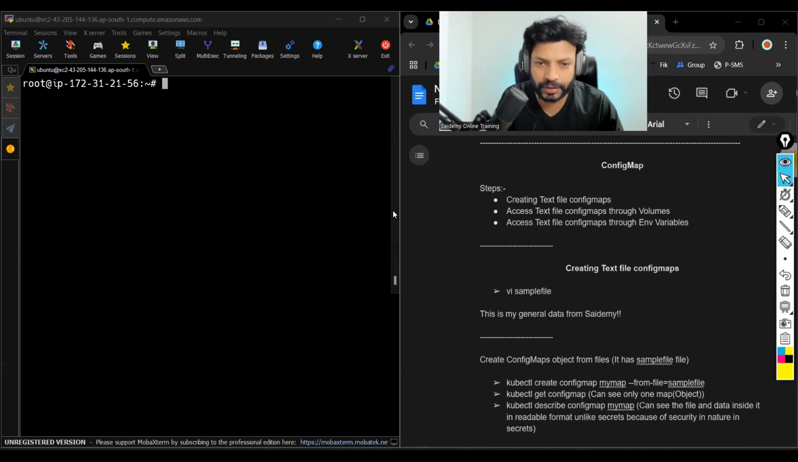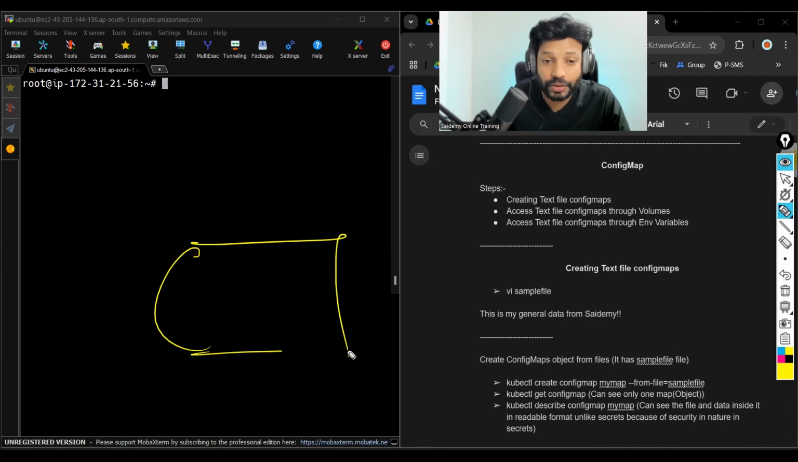So since you understood secrets, you will understand config maps pretty easily. Secrets means sensitive data. Config map means data which is not sensitive in nature, general data. That's the only difference. That means if it is a config map, then the data you can see